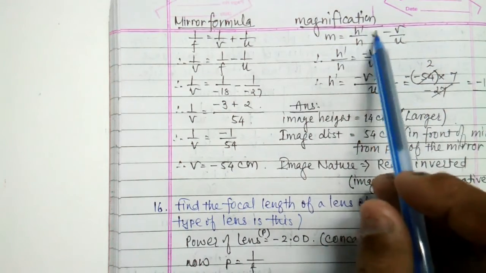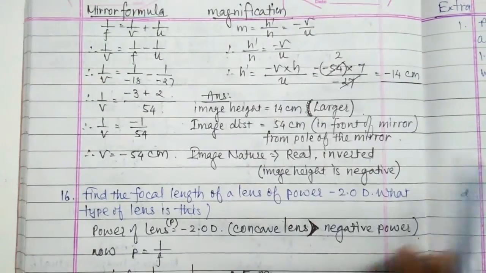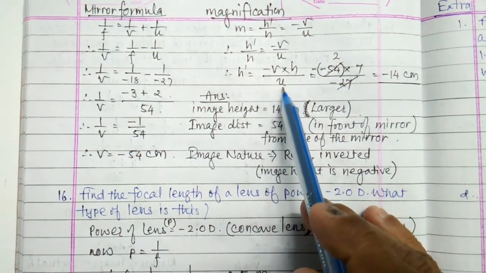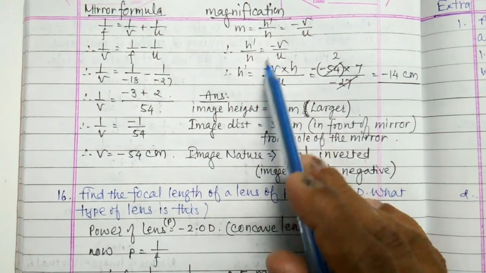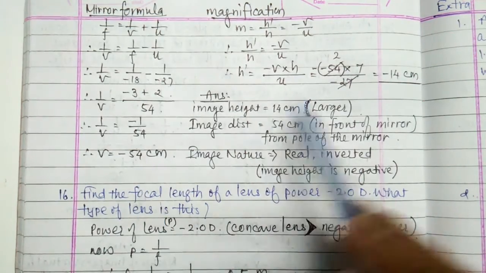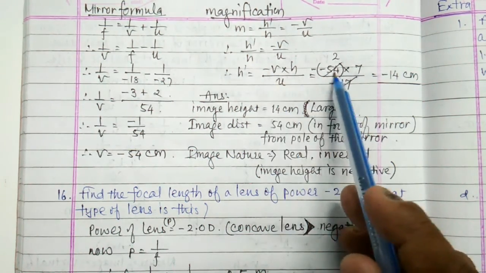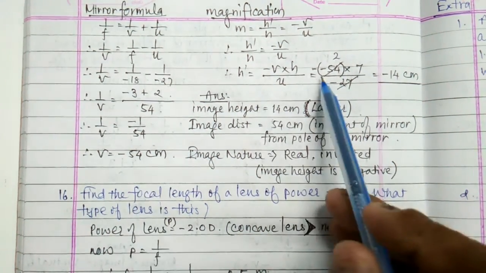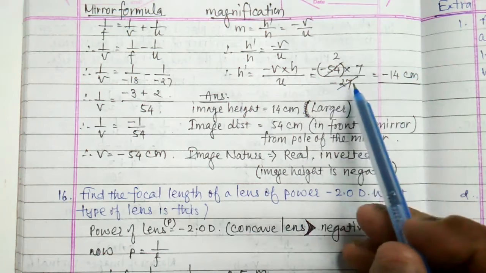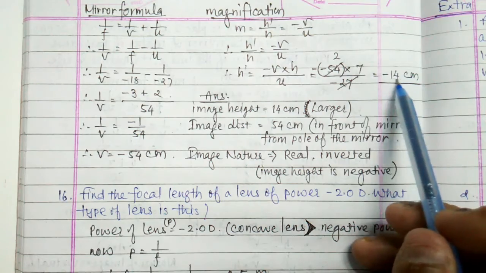Now we have to find the height of the image. So h dash upon h is equal to minus v upon u. So h dash is equal to, by cross multiplication, minus v multiplied with h, upon u. But v is equal to minus 54, so minus into minus plus, into 7 upon minus 27, minus plus, 27 2s are 54, so minus 7 into 2, 7 2s are 14,